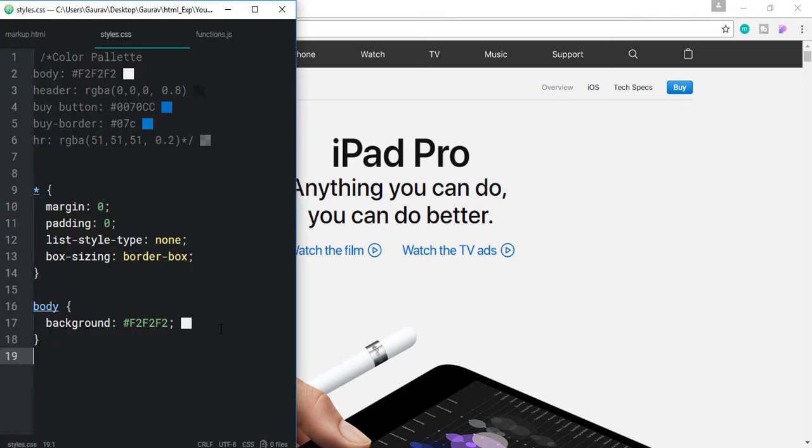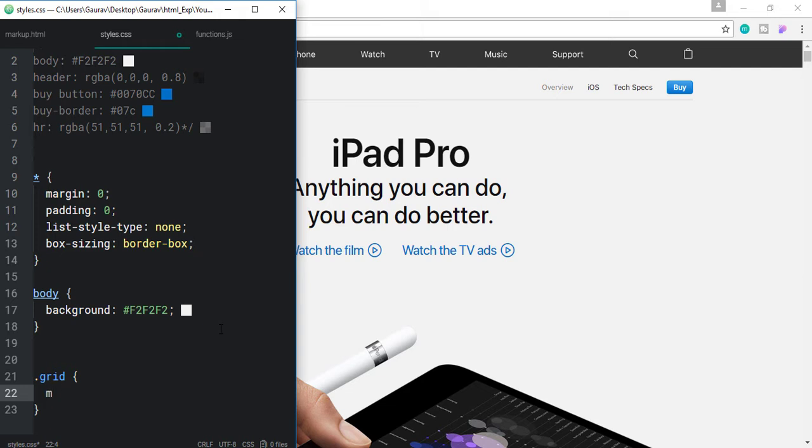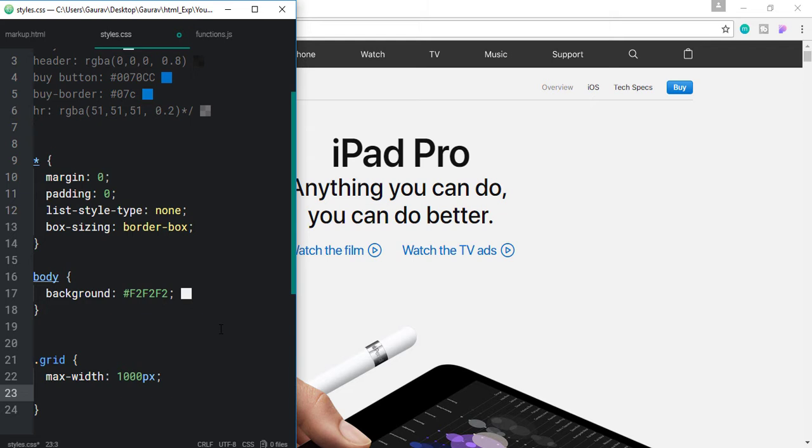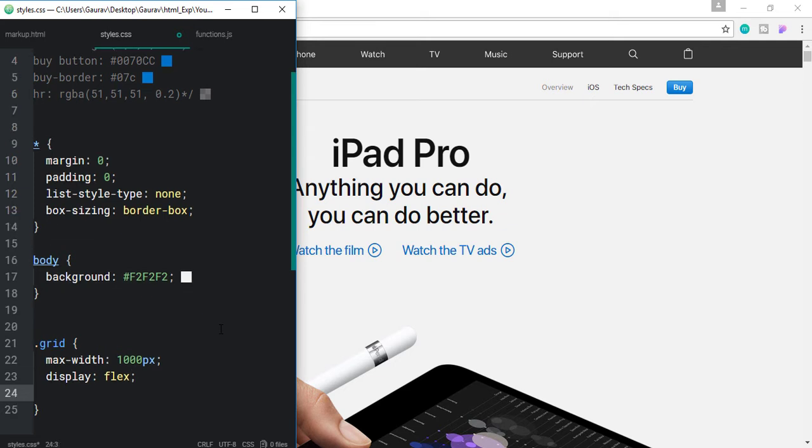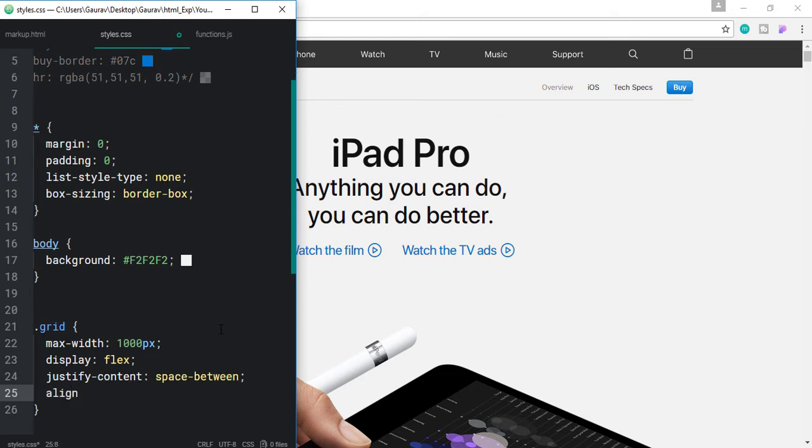So now let's create a basic grid with the class of grid, and let's give it a max width, not min, max width of 1000 pixel, and let's display it as a flex, and let's set the justify content to space between, align items to center, and let's give it a margin of 0 and auto.